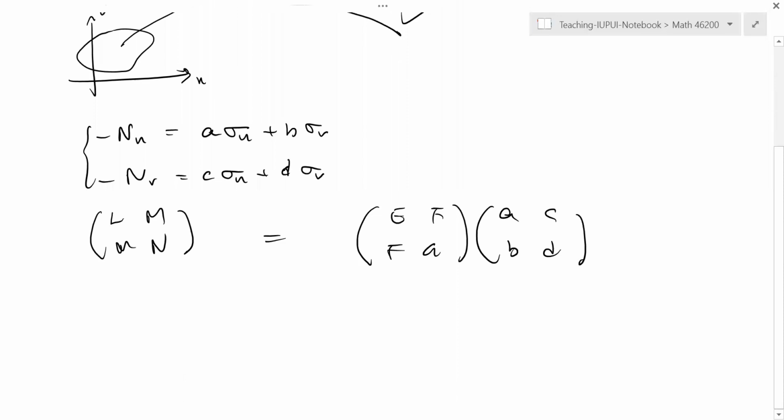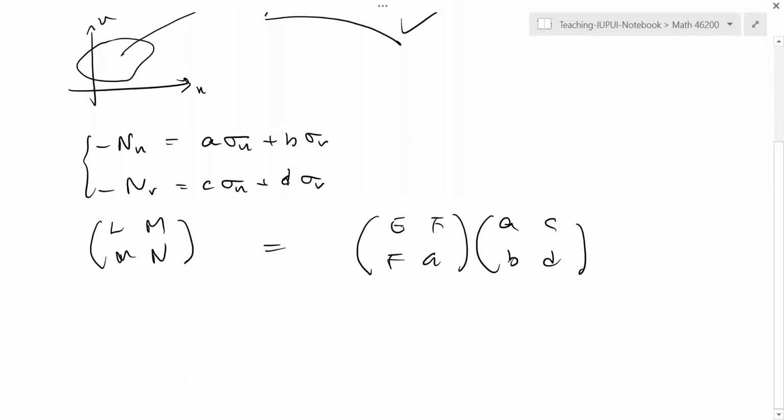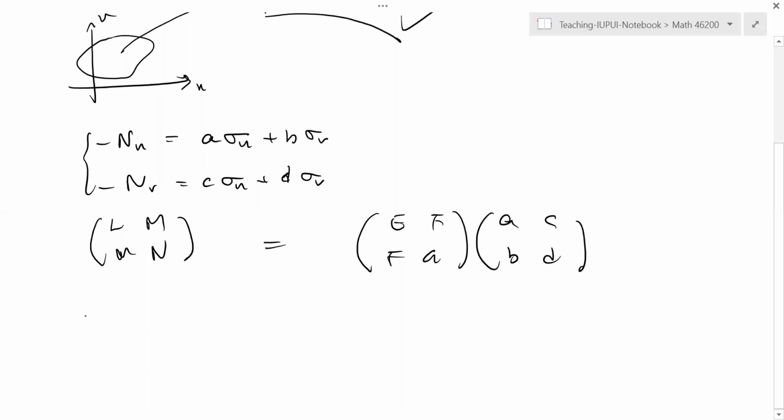Then those are the coefficients of the so-called Weingarten map. Okay, the Weingarten map. So the determinant of the matrix gives you something that is independent of the choice of the surface patch. So that gives you